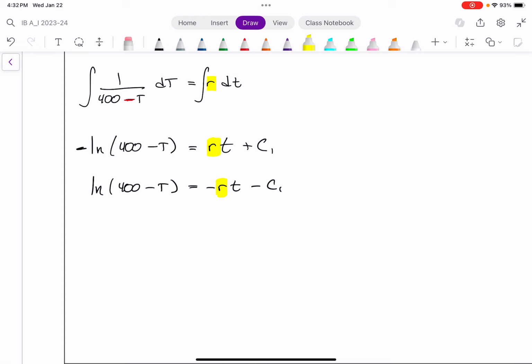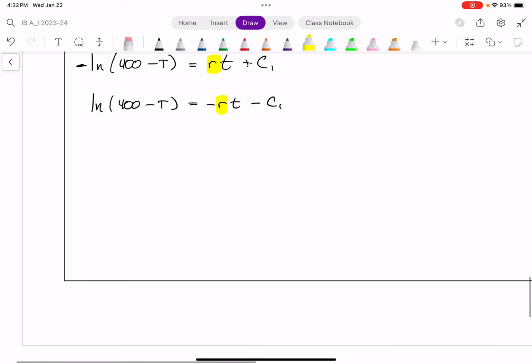Everything inside there is representing a temperature in a barbecue. It's not going to go into the freezing point temperatures, so I'm good with just having those regular brackets. I want to solve for big T. I'm going to raise everything to an exponent with a base of e, and so that leads me to 400